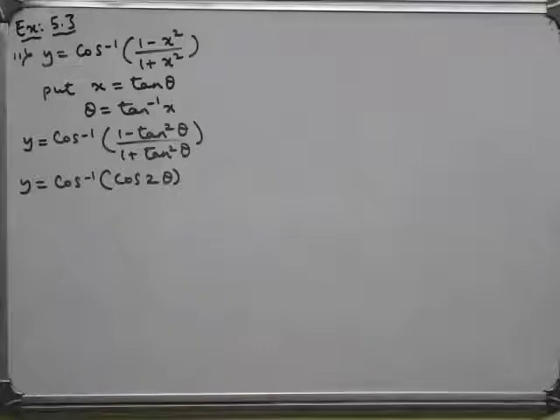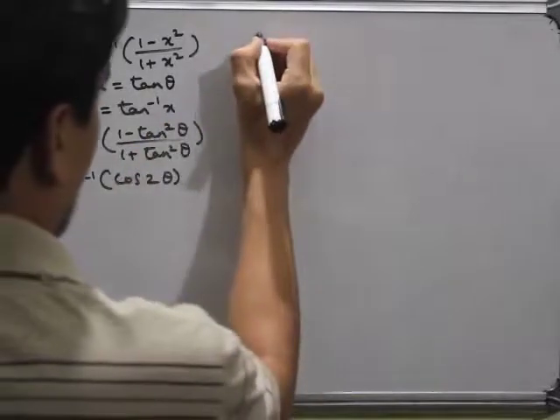Let us move on to question number 12. Question number 12 is also the same thing. Okay, here there is a small twist because sine inverse of, I think in the question where we substituted x equal to tan theta, that is question number 9, 2x divided by 1 plus x square, that is 2 tan theta divided by 1 plus tan square theta, we got sine 2 theta. But here it is a bit different one. So let us see what we can do.